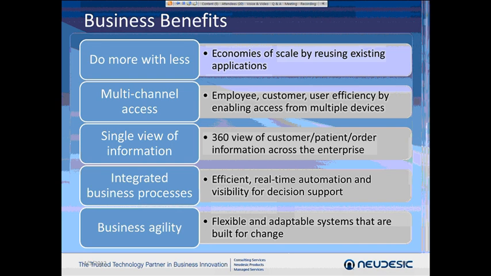And with that, then you can enable efficient real-time business processes, right, which then allow the business to actually get a really good view on what's happening, right, because you have a set of services and compositions